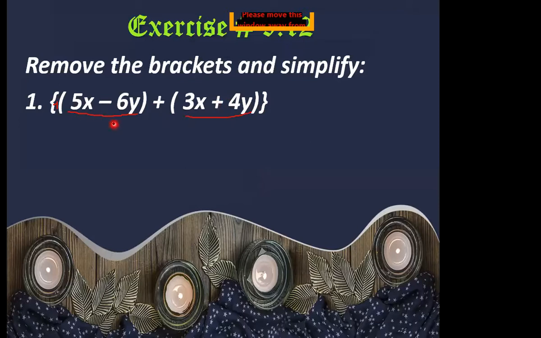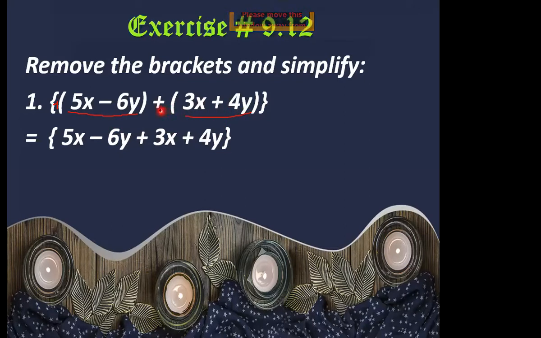Okay, simply you will remove the brackets and copy down the given terms just like this. You will write it down here without brackets: 5x minus 6y plus 3x plus 4y. You are not going to write down the brackets because you are going to open it with the help of this plus sign, or simply you can say plus plus will be plus, so you are not going to change the sign of the terms written inside this bracket, right?